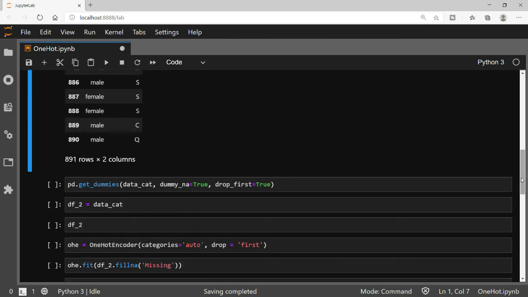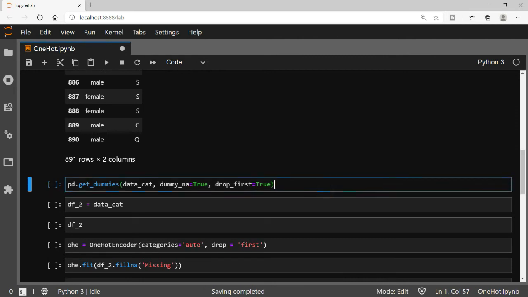Now for one hot encoding, we can use two ways. One is the pandas get_dummies, which is very straightforward and simple. But the issue with it is that it does not work very well in a production environment. This is a heads up. The reason is that it does not handle unseen categories very well.